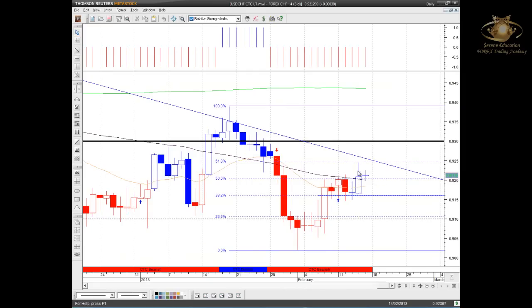In doing so, we'd like to see this area here, the prior consolidation high, being broken. Yesterday we had a lot of movement, really moving higher, and testing these fib retracement highs on the swing retracement. I've taken the current high that we had recently, in early or mid-January, to the low that we currently have. And you can see the 23.6, 38, the 50, 61. Price yesterday tested the 61, but pulled back, still above this, closing above the 50% line.